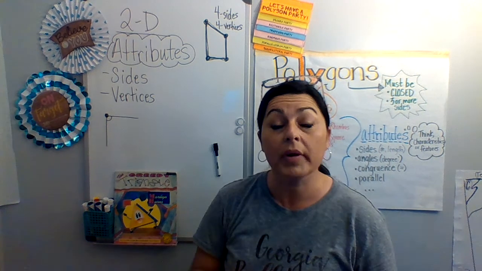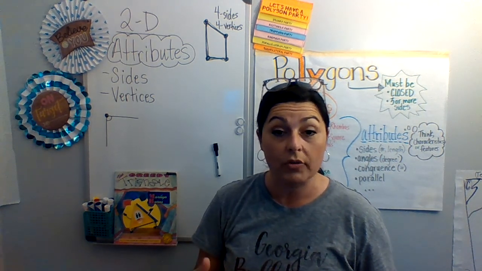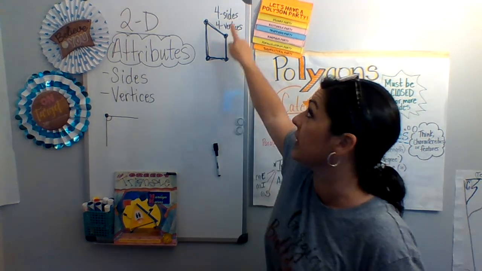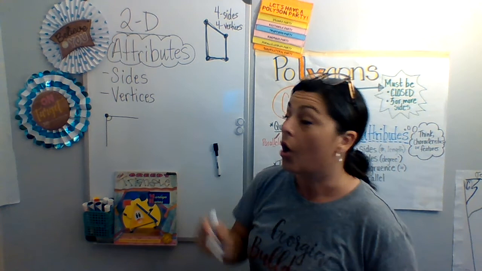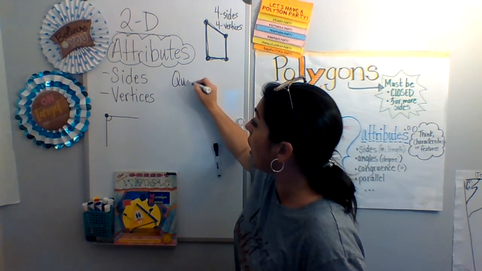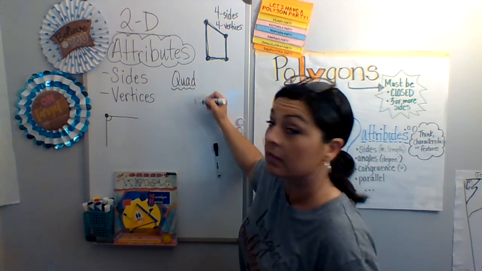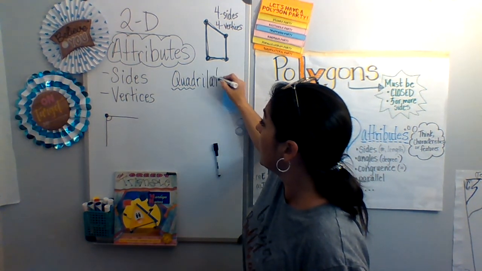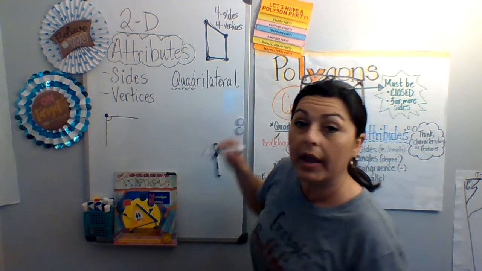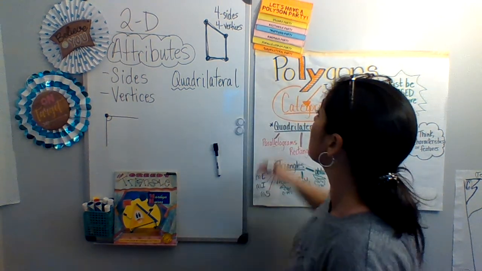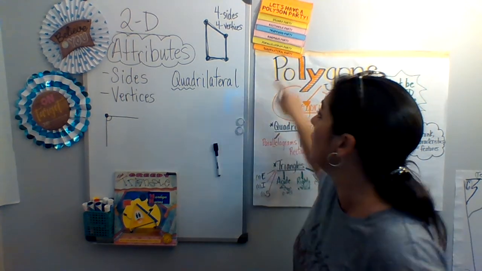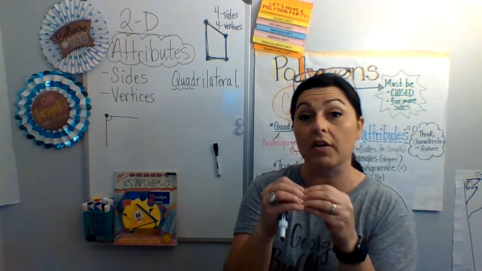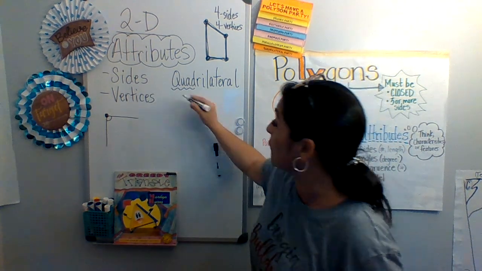So before we can really get into the different types of quadrilaterals, you need to understand this, because you have to understand that all quadrilaterals are going to have the exact same attributes. Again, what does that mean? Quadrilateral. To be a quadrilateral, to go to the quadrilateral party, look in your notes. What does it say? 4 sides, 4 angles, or those are the vertices. So really anything that has 4 sides,